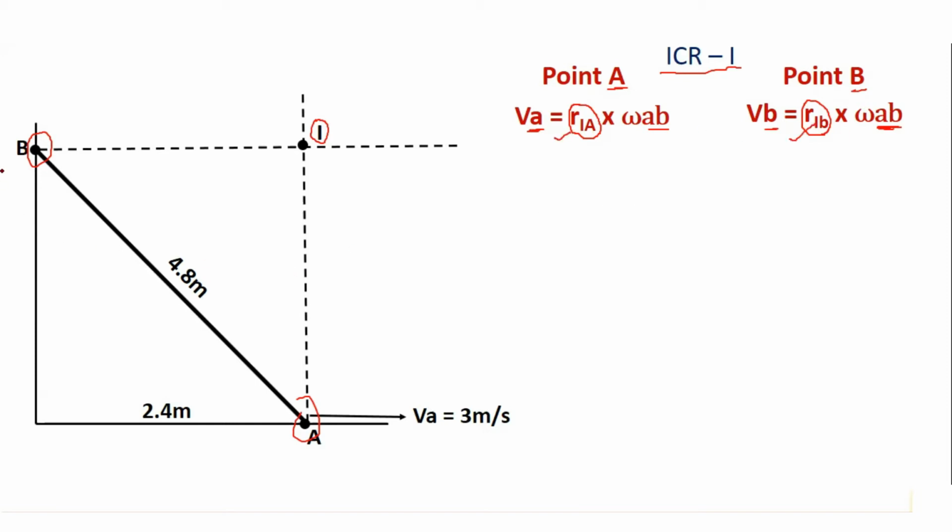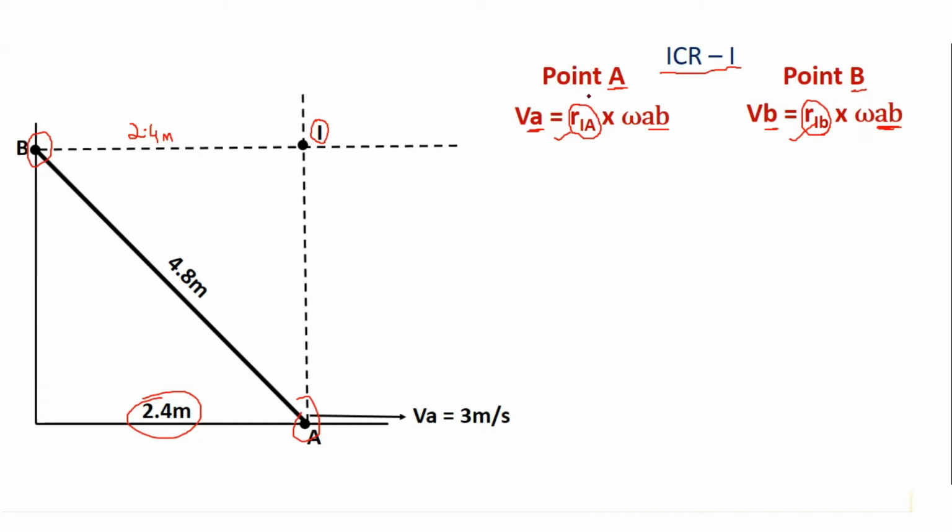So for that, let us consider this triangle IAB. In this triangle, the distance IB is already known to us. How? Because we are given that this point A is at a distance of 2.4 meters from the wall. So if this is 2.4, I can write down the same, because it is a rectangle, this is also 2.4 meters. So I got the answer for this I1B.